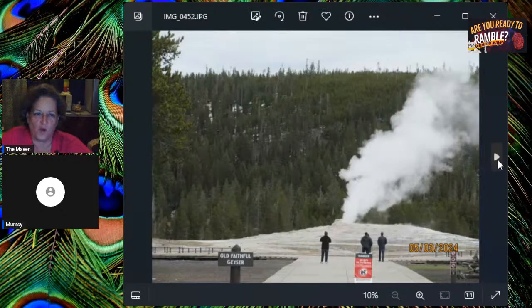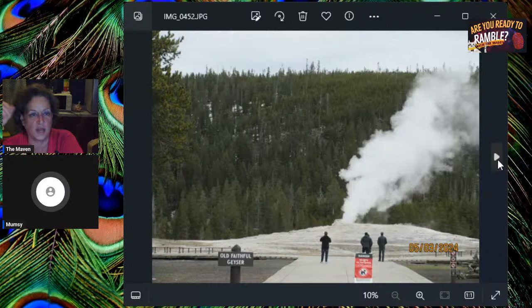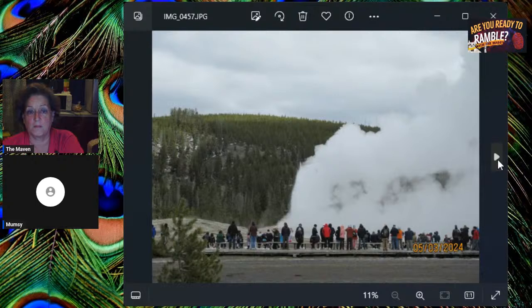And here's Old Faithful. Did it go at a certain time like it's supposed to? Yes, it did. It says it goes off every 90 minutes, and it doesn't last that long. You see the thing going, but most of it's all steam that you see up there.